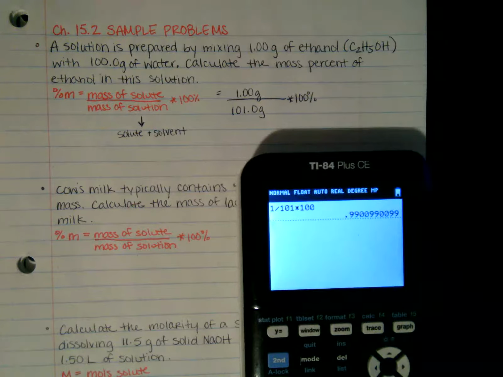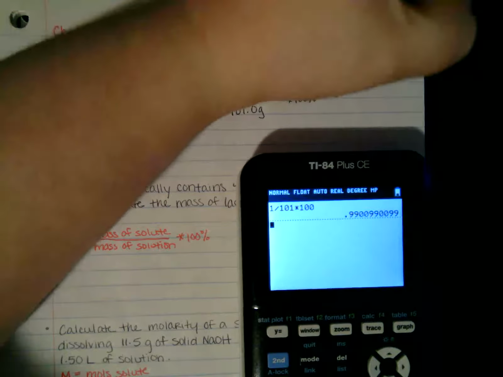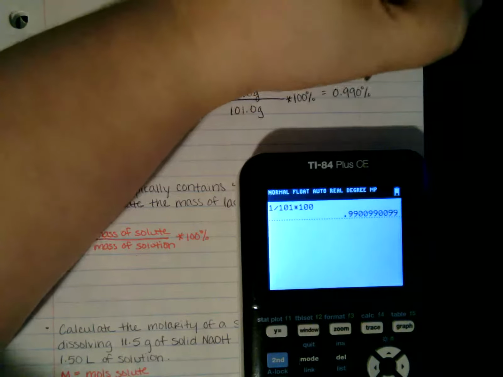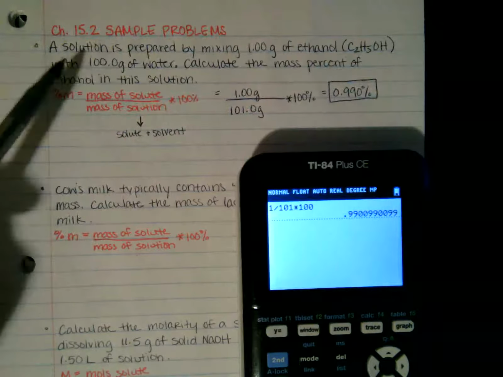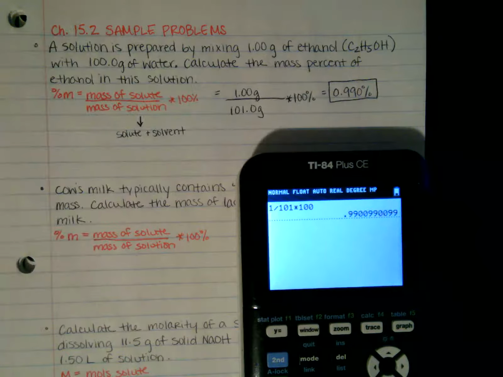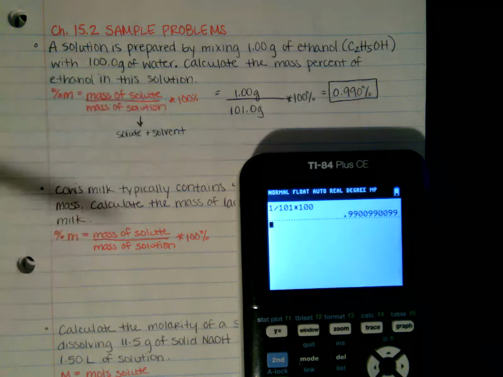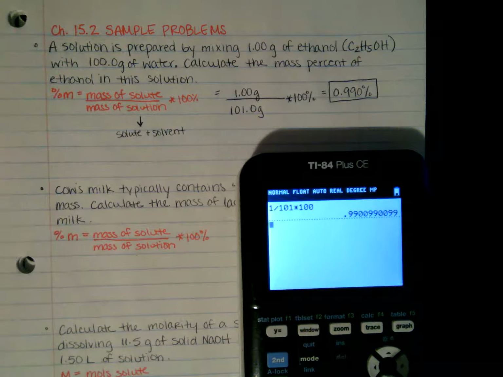And we end up with 0.990 percent ethanol. So if you have this solution, it's 0.99% ethanol by mass. Okay, and that makes sense. Remember, your solute is the smallest part of your solution, so this should definitely be not too huge of a